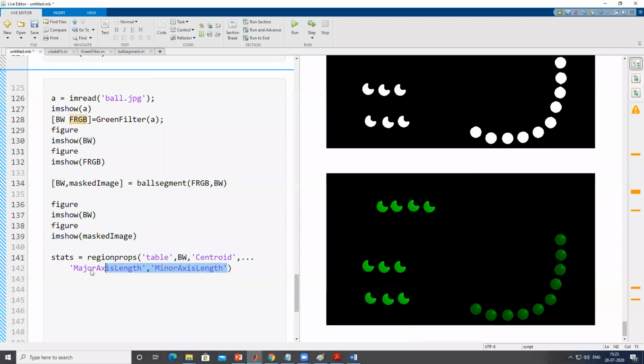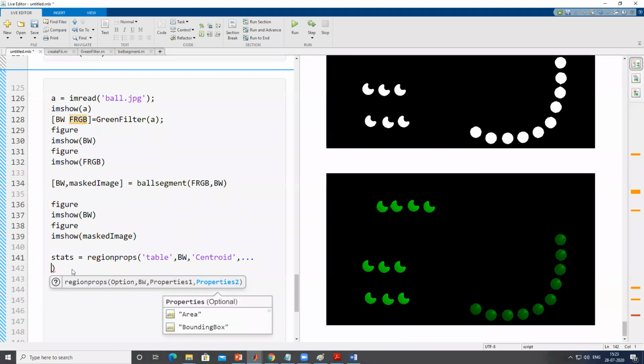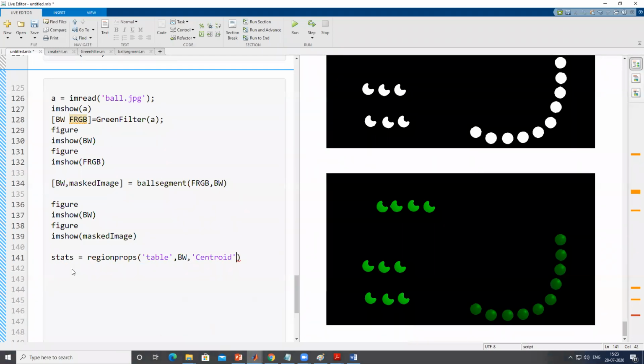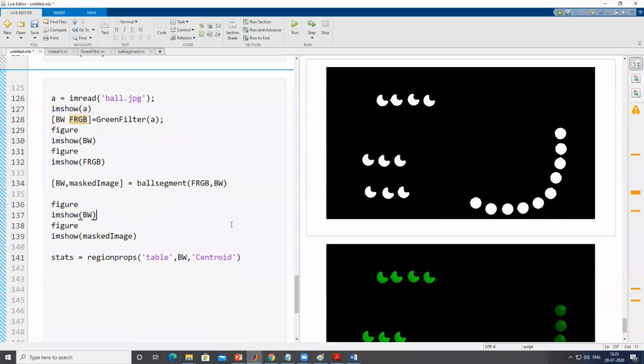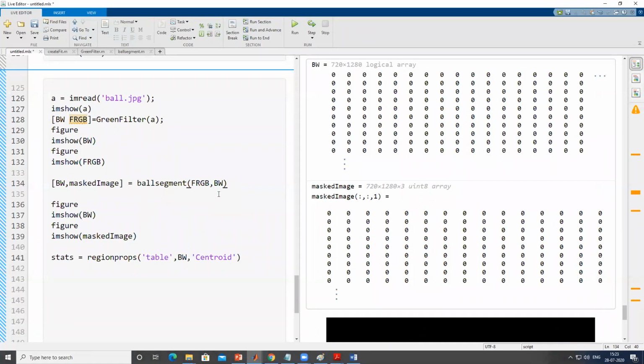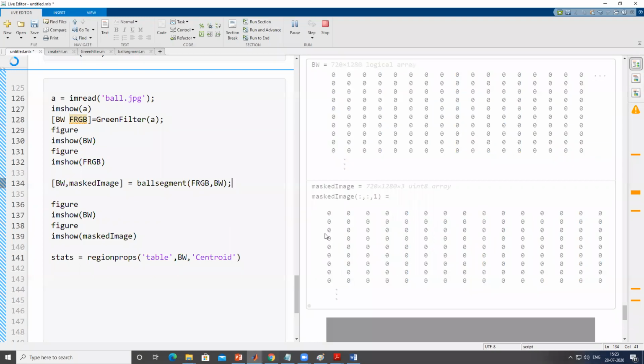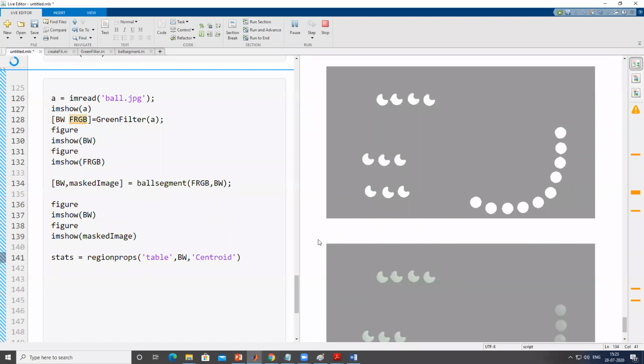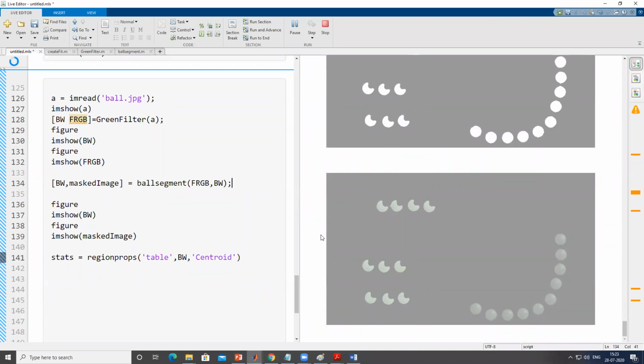Then I don't require any information about major axis and minor axis because I'm not interested in the total area. Rather, I'm interested in the number of items. Now I'll run this piece of code and then we can easily see what output it gives and what relevant information we can extract from that output.